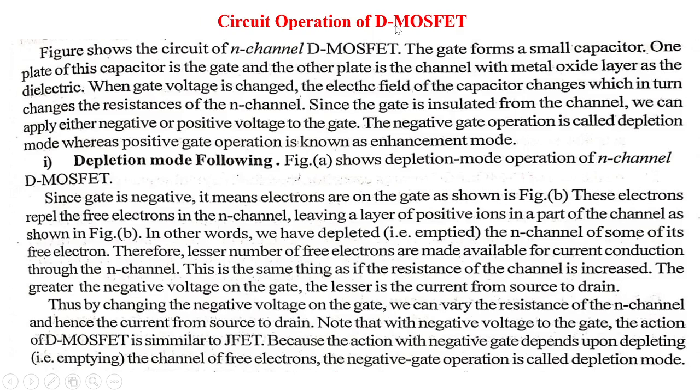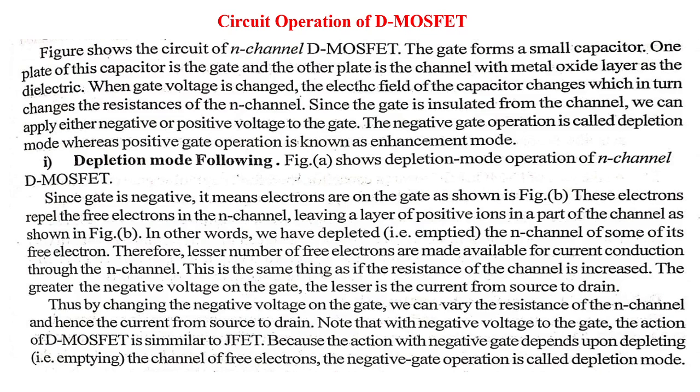Now see the operation of the D MOSFET. The figure shows the circuit of an N-channel D MOSFET. The gate forms a small capacitor. One plate of this capacitor is the gate and the other plate is the channel, with the metal oxide layer as the dielectric. When the gate voltage is changed, the electric field of the capacitor changes, which in turn changes the resistance